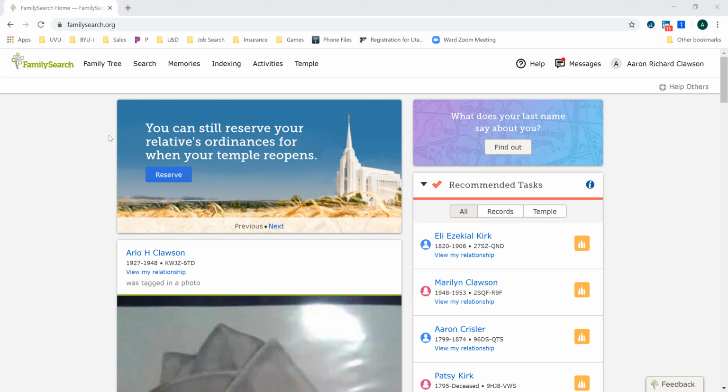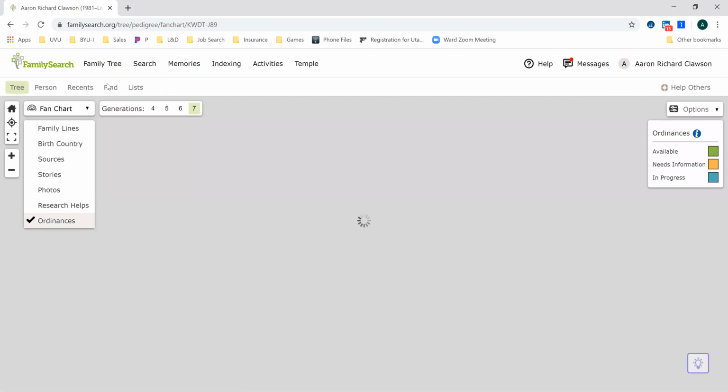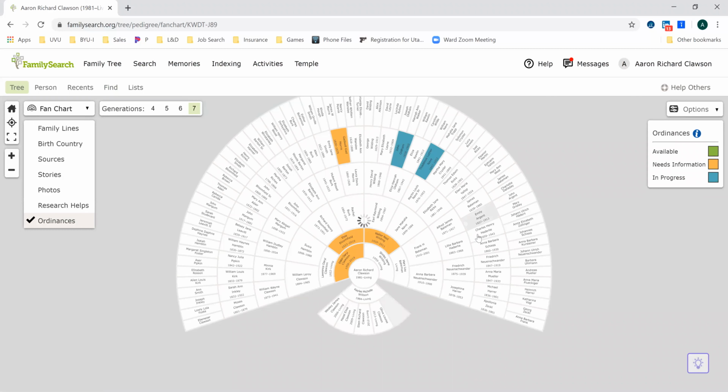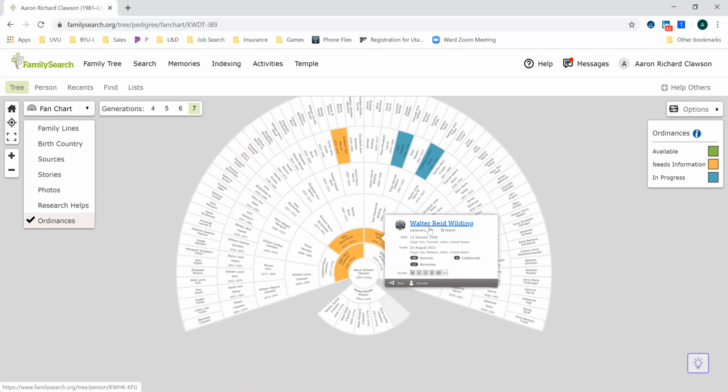So as an example here, you're going to start out on your FamilySearch homepage, and I typically will start with my family tree because that's my quickest way of navigating to my family members. And I've got some audio recordings that my wife did interviewing my grandfather shortly before he passed away. So we're going to click on Grandpa here,